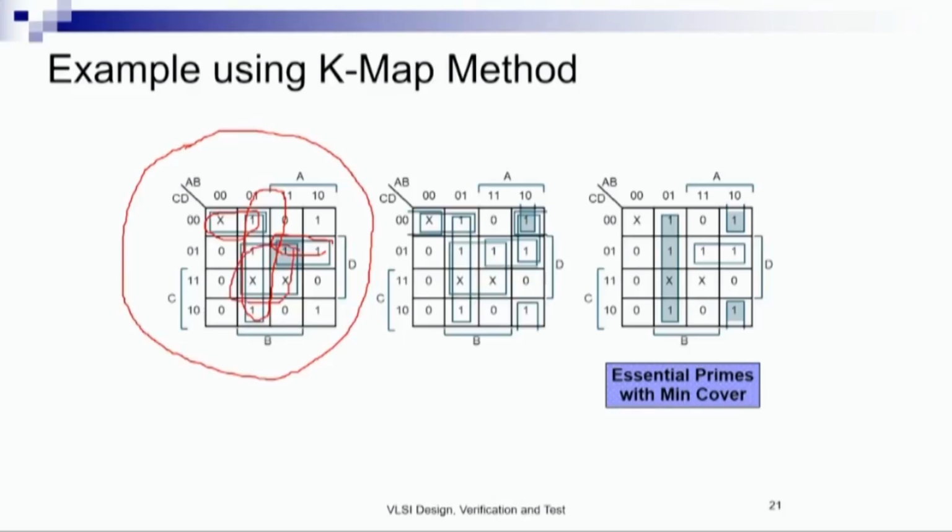All the sets of minterms which cannot be expanded further, using only the ones and the don't cares, form the prime implicants. Now we have other prime implicants as well. For example, this one is a prime implicant. This one is another prime implicant, right? Likewise, we find all the prime implicants, and then from this set of prime implicants we try to find the essential prime implicants. For example, here